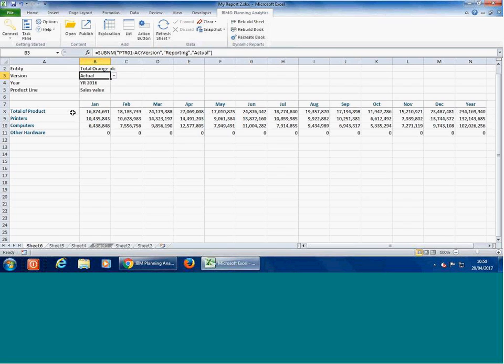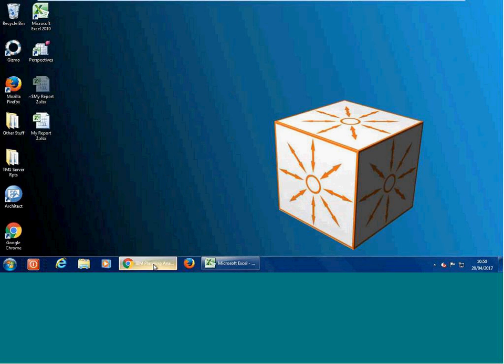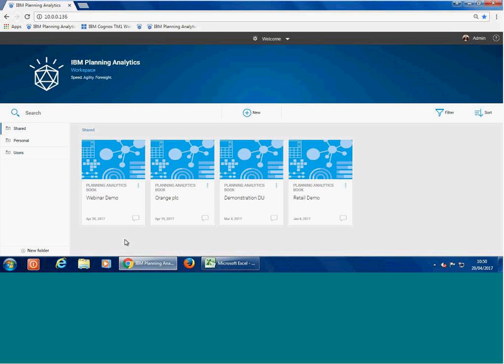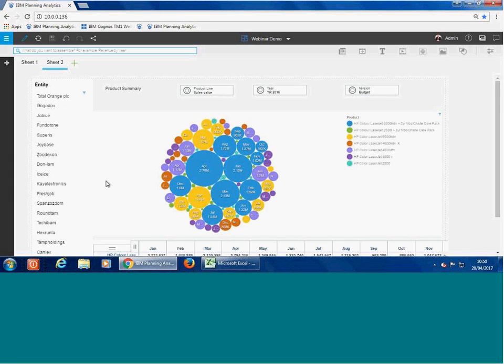So, quick overview of packs. We've come full circle here. We've covered Paul, covered packs. Let's now bring everything together and square the circle by going back to the Planning Analytics Workspace. The new briefing book which has been created, and add a new sheet,